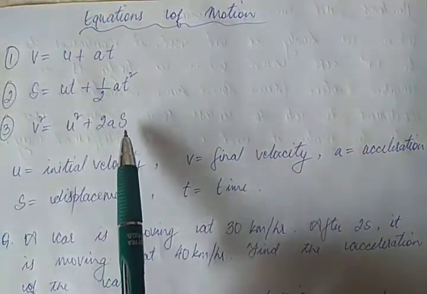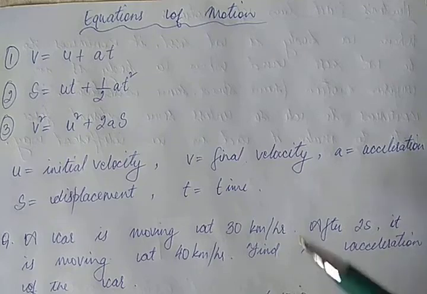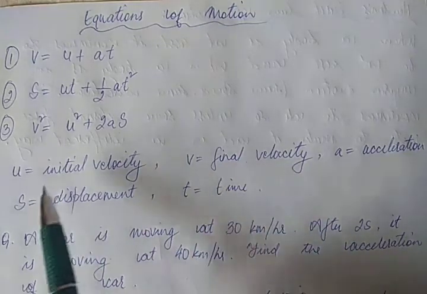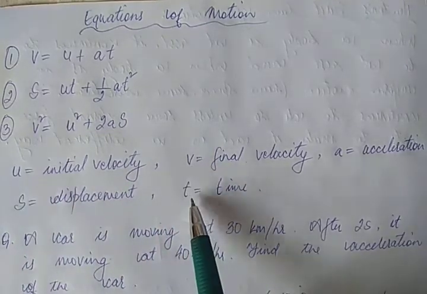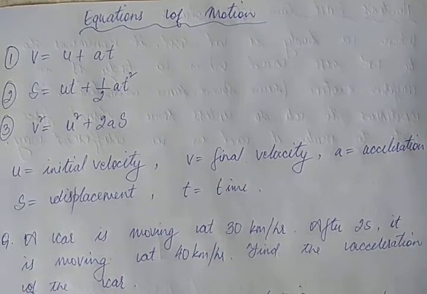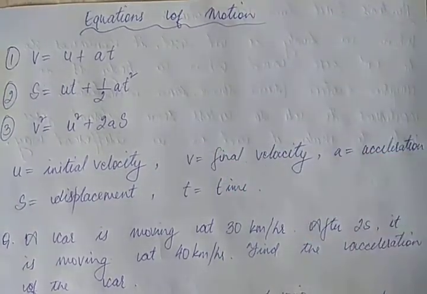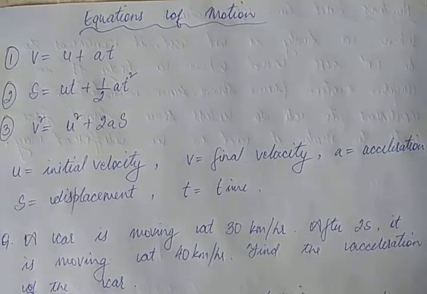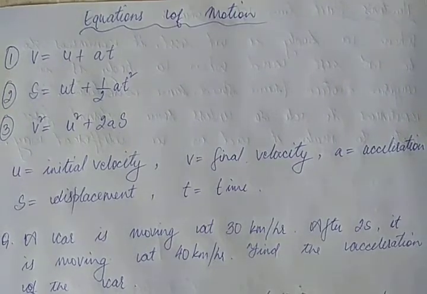You can see S here, you can see S here. t is the time in which the velocity of the body changes from u to v, or time in which the acceleration a happens. So, using these three equations, we can know what kind of motion a particular body has. Studying these equations, we can know about the motion of a body.